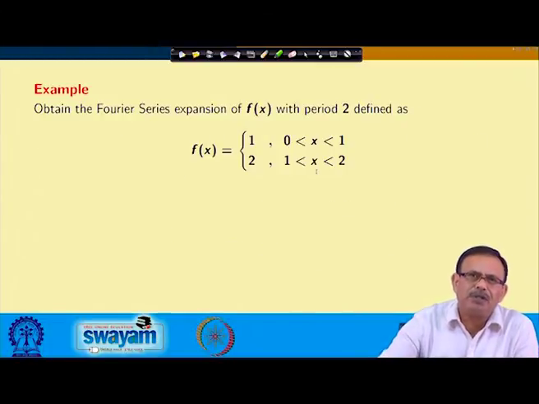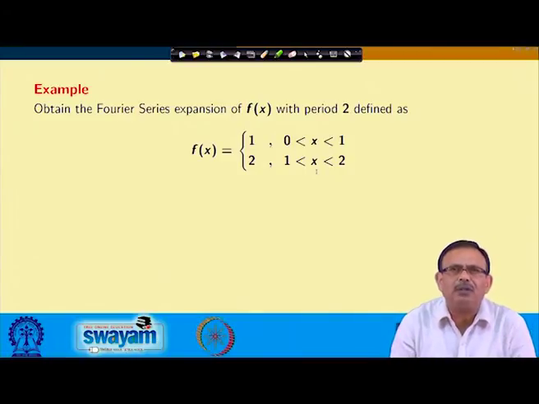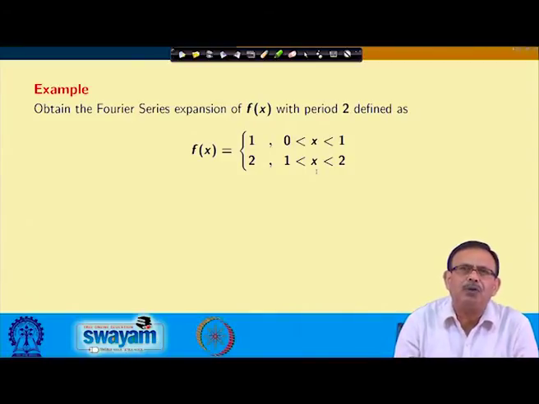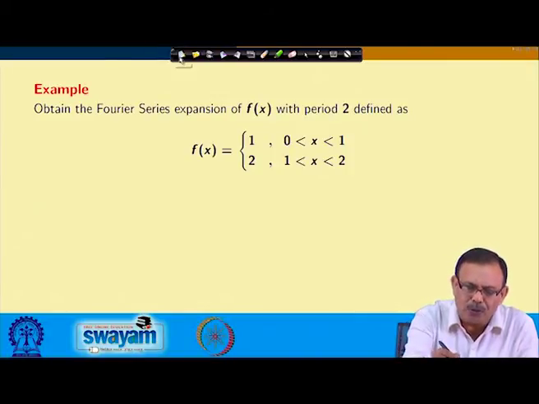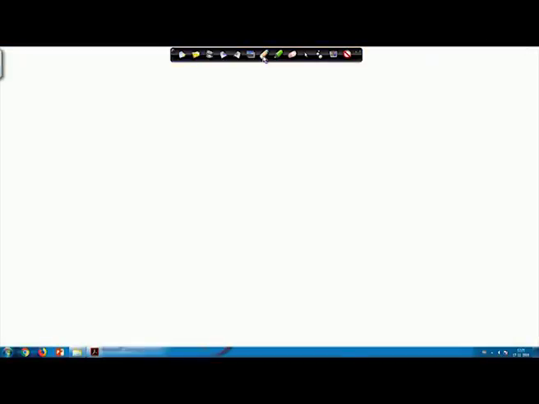Next problem, let us see quickly again. A function is given with period 2, where f x equals 1 for x lying between 0 to 1 and 2 for 1 to 2. Let us see f x; we are not able to tell whether it is even or odd. So, that